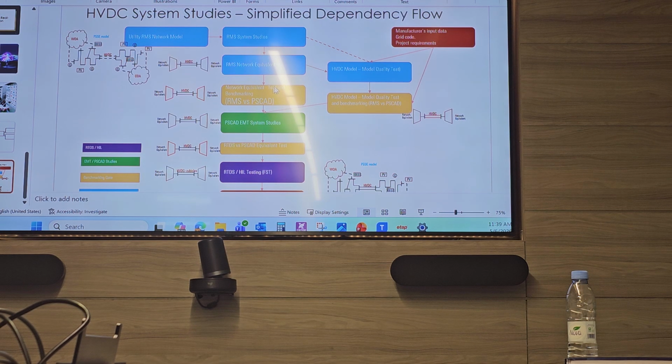So one exercise is to make sure that the equivalents are correct, another is to make sure the model is correctly modeled, and they will send reports and compare results and say, okay, for example, for transient stability, in case of a fault here, we will receive this curve in